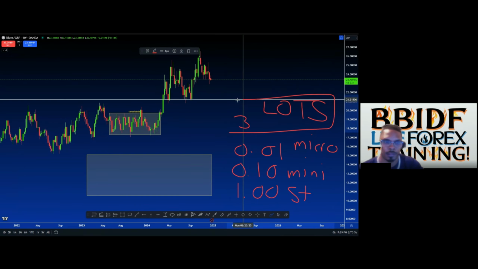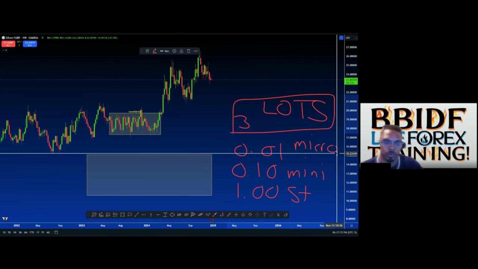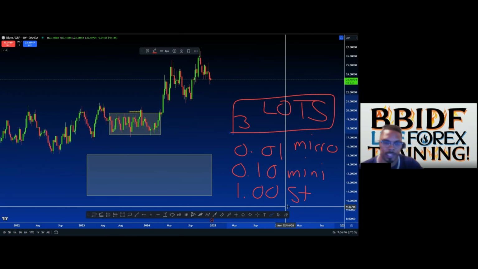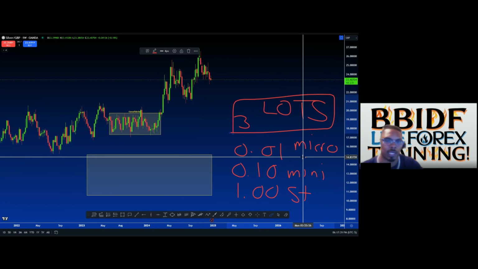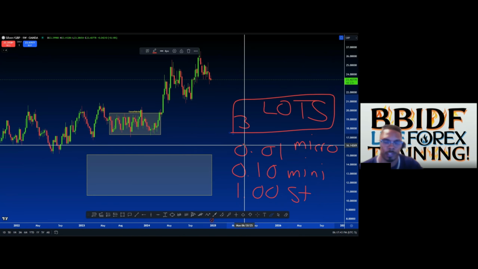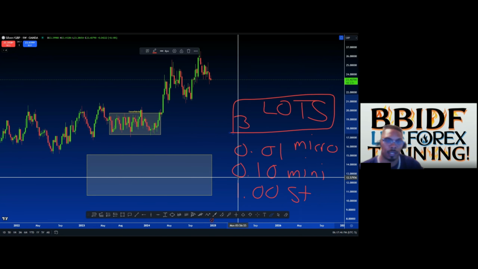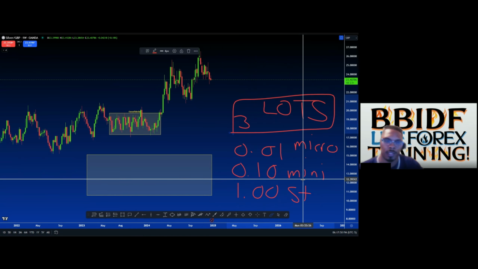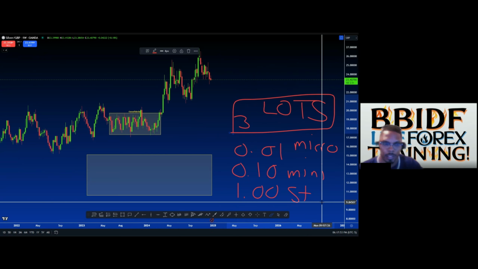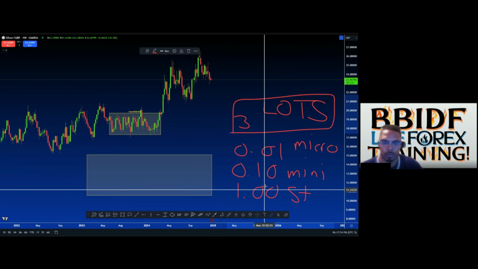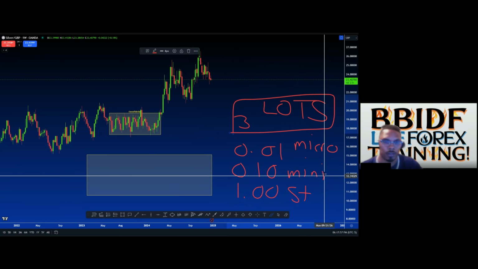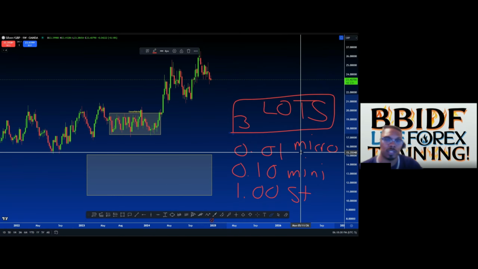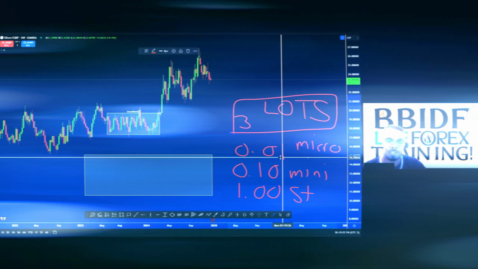And again, guys, these will never change. You're either taking out a micro, a mini, or a standard. So if someone says, I took out a micro lot on silver, I would know you took out a 0.01. If someone says, I took out a mini lot, I'll say, okay, you took out a 0.10. And if someone says, I took out a standard lot, I'll know you took out a 1.00. So all three of us in here, Ro, if you took out a micro lot, this pays 10.